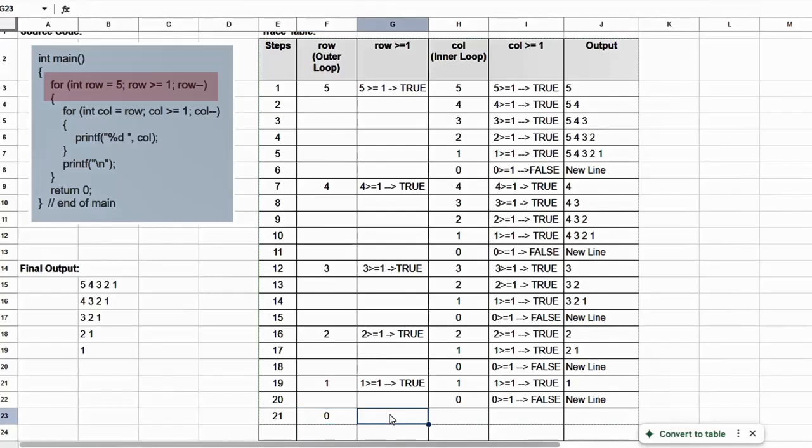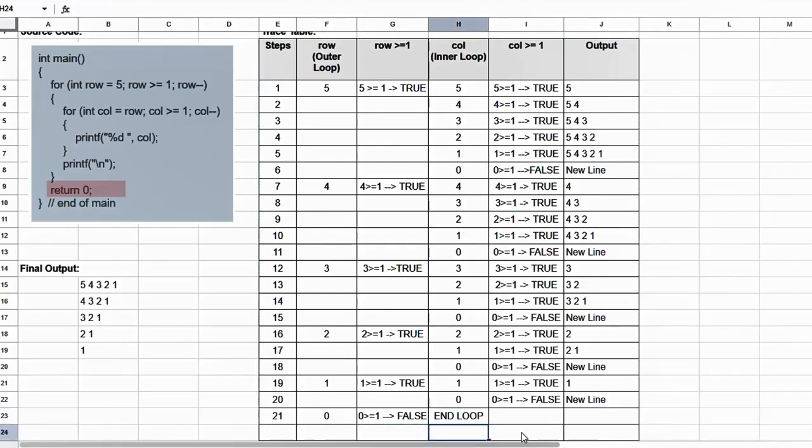So i-test niya if 0 is greater than or equal to 1. Now, the result is false. So if it's false, then return 0, end na ng loop. So pag end na ng loop, stop na siya. So the final output now becomes 5, 4, 3, 2, 1, 4, 3, 2, 1, 3, 2, 1, 2, 1,